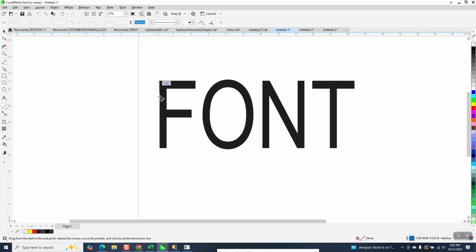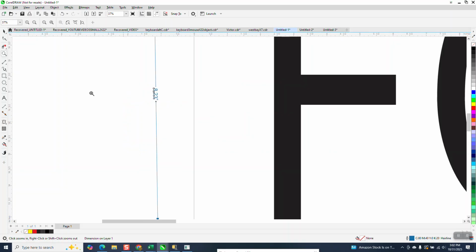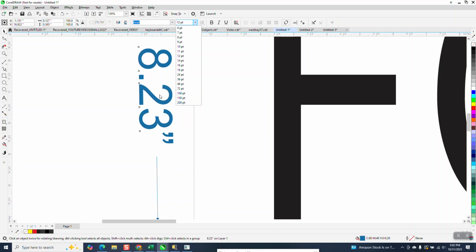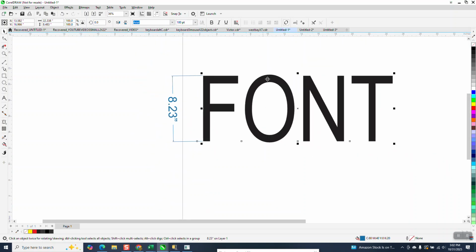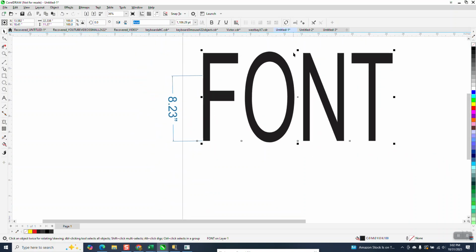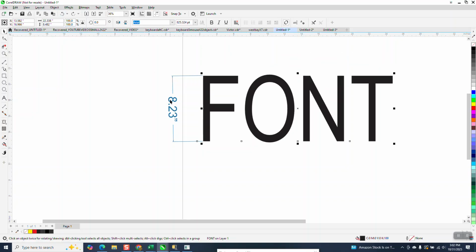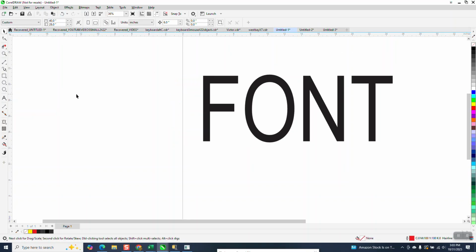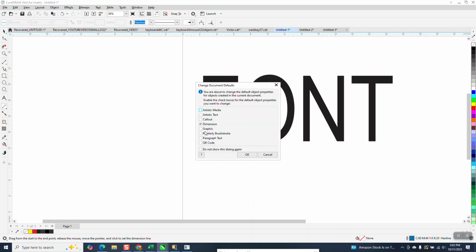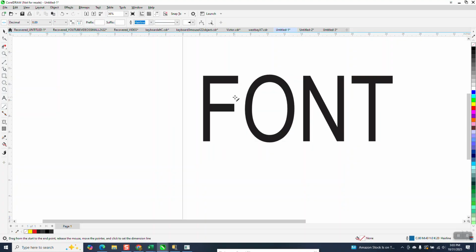And now when we get the parallel dimension tool, we go and we have 8.23. Let's make this a little bit bigger. And now when we grab our font, it doesn't change. The parallel dimension tool doesn't go with it. So to get that to work with nothing selected, grab your parallel dimension tool and click on that and then say okay. And then when you draw your parallel dimension tool,